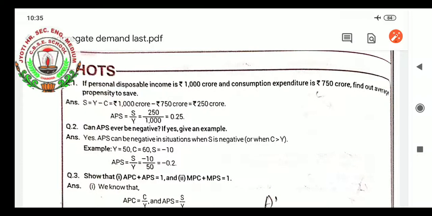Today we will be continuing with the topic aggregate demand and its components. But today, as the chapter gets over, I will be continuing with some of the practical questions given extra at the back side of the book, so that you will be able to understand different concepts of savings and consumption related to the S function and C function. Let us have some practical questions related to that.